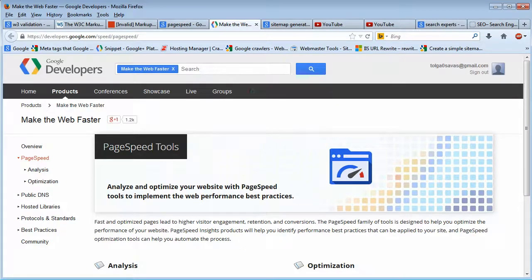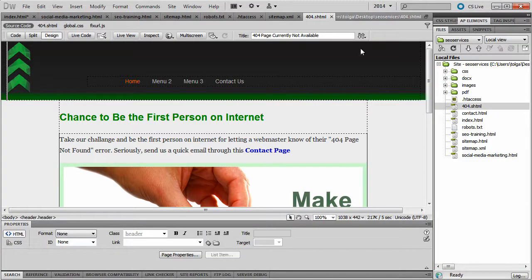So one more thing before we close up is custom error pages. They provide a better user experience, and Google Webmaster Guidelines actually suggest that we create one. So therefore utilize 404 page not found pages. They are easy to create. If you're using content management systems, there are great plugins where you can simply plug in the plugin and create custom 404 pages